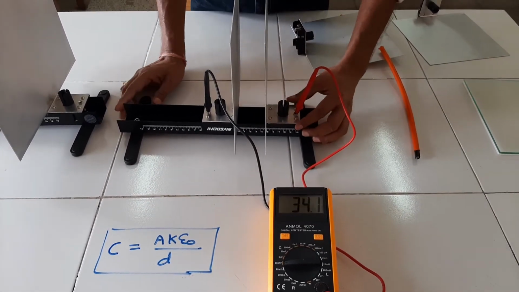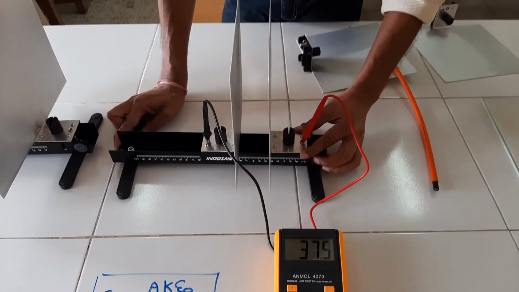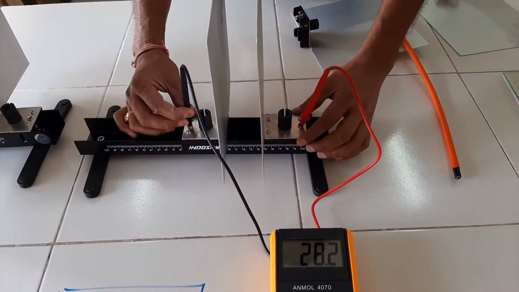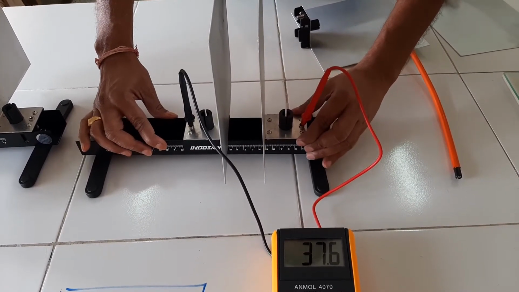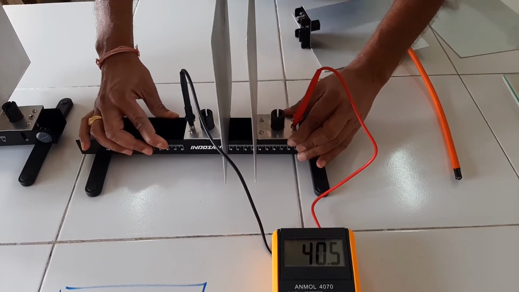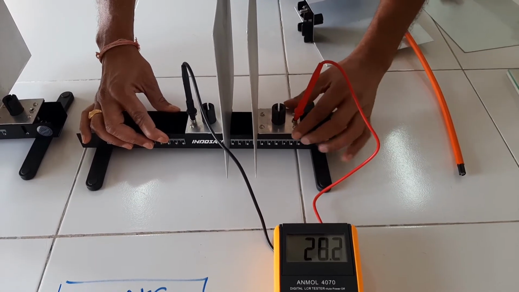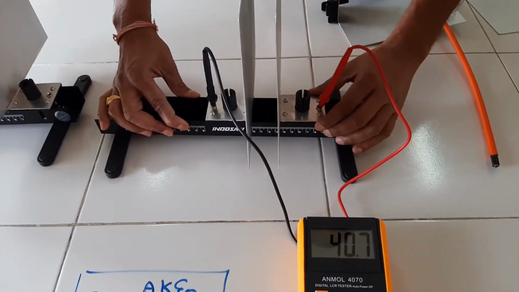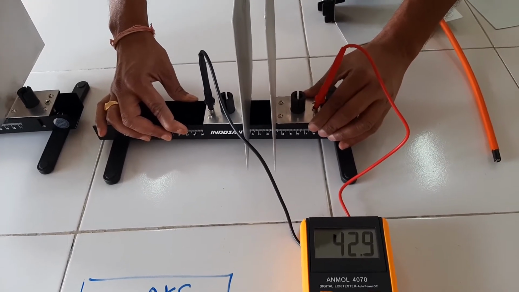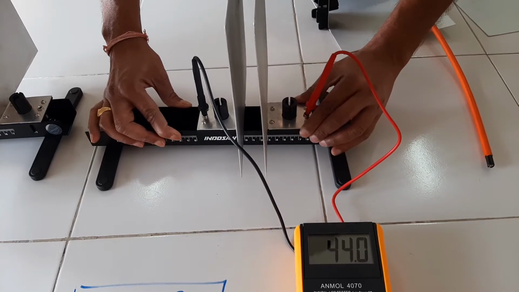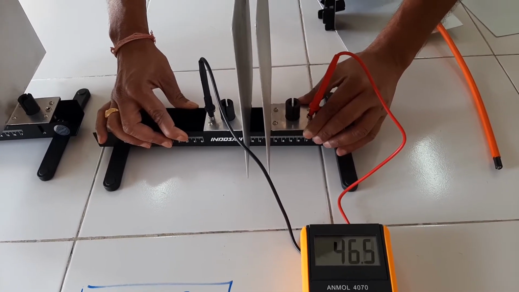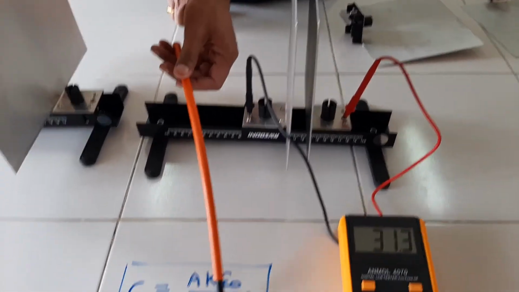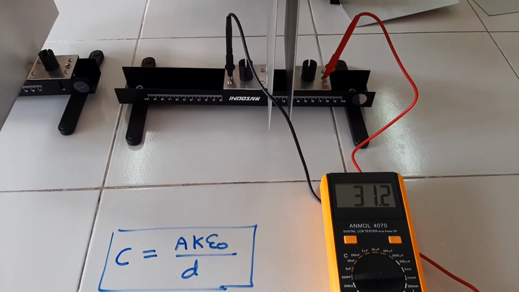Then, dear student, when we decrease the distance, it is clearly seen here the capacity increases. From 20 it becomes 25, 42. As we decrease the distance, its capacity increases. That means it is experimentally verified that when we decrease D, capacity increases.